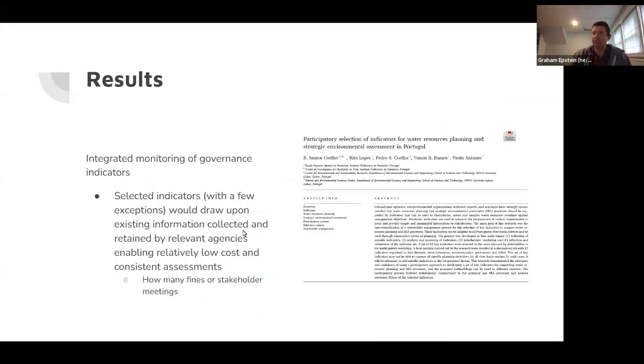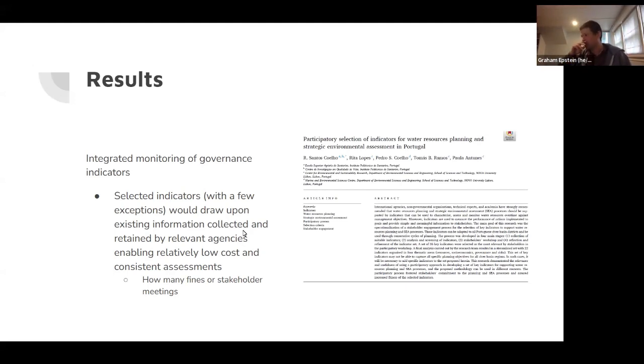And the last approach that I think offers considerable promise for rapid, low cost, and consistent assessment was drawn from this paper. So this was an N of 1 within our sample. This wasn't a common approach that was used, but nonetheless, it seemed to be promising. And so this was an example from Portugal where they worked with water stakeholders, and these were mostly people working in government, not necessarily